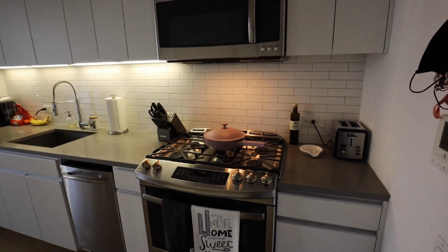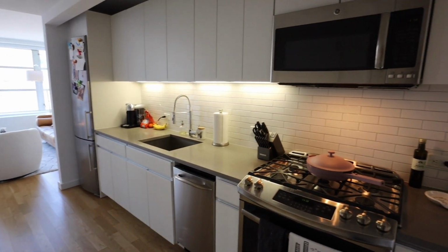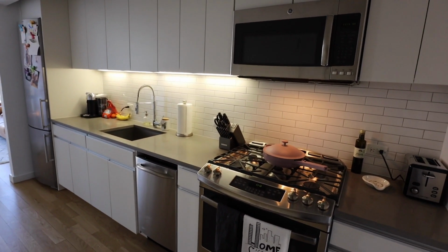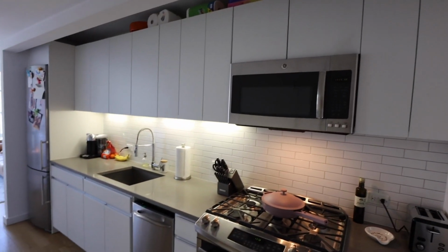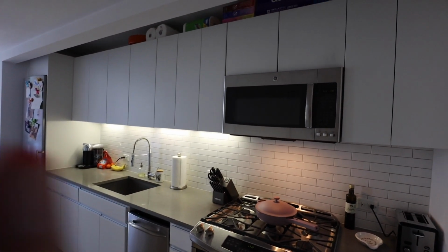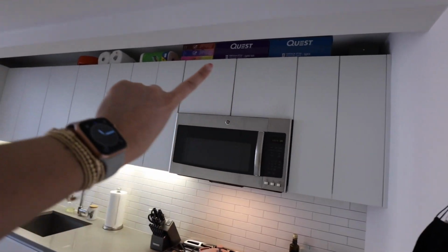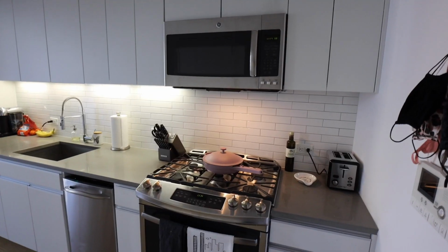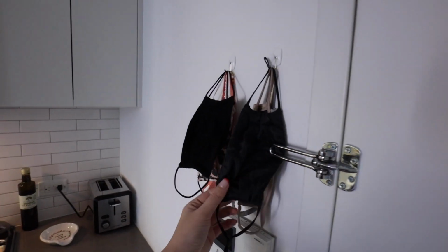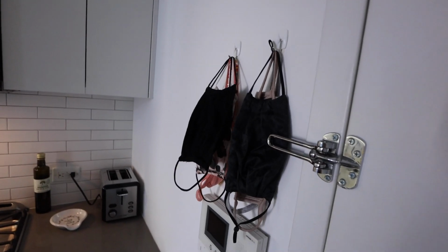As soon as you walk in, you are immediately greeted with the kitchen. I believe this is called a gallery kitchen. When it's straight on the wall like this, there's no bends or whatever. I love the amount of storage that this has. It's tons of cabinet space. I also started utilizing the space above there to store bulkier items like paper towels. Super helpful. Oh, I also have these little command hooks just for my masks,